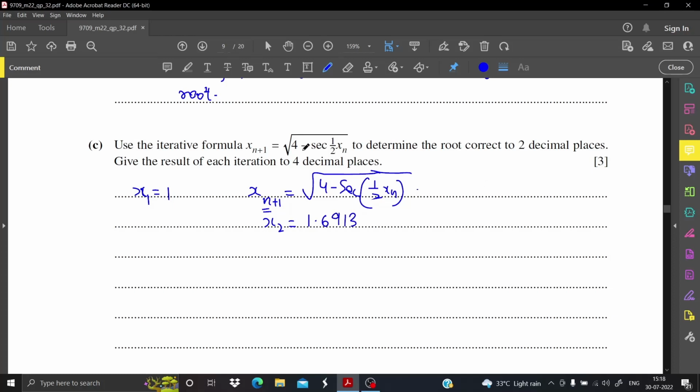1.6913. Here it said 4 decimal places, the final answer to 2 decimal places, so you have to follow that. Now keep pressing equal to. Now I get 1.5786. One more time you press equal to, 1.6062, and x5 is 1.6000. x6 will be 1.6014,